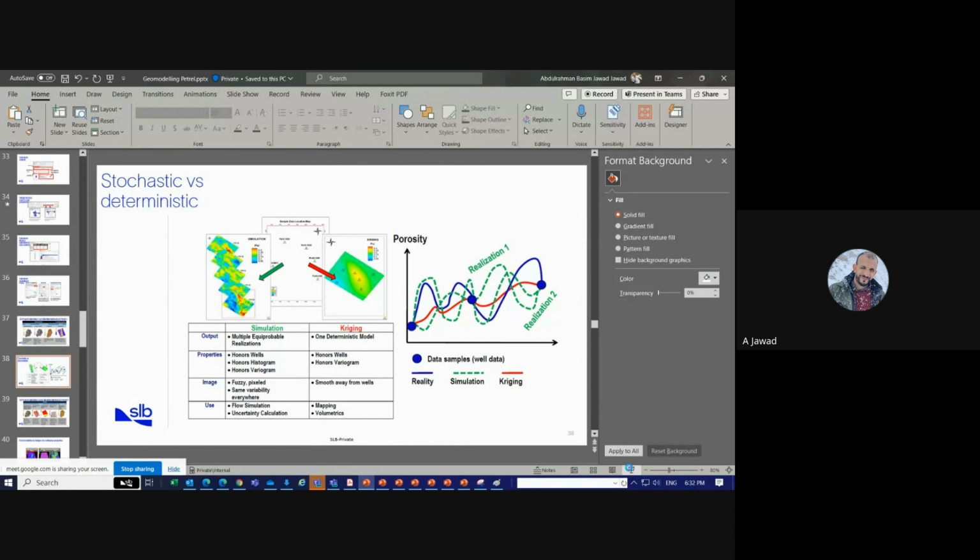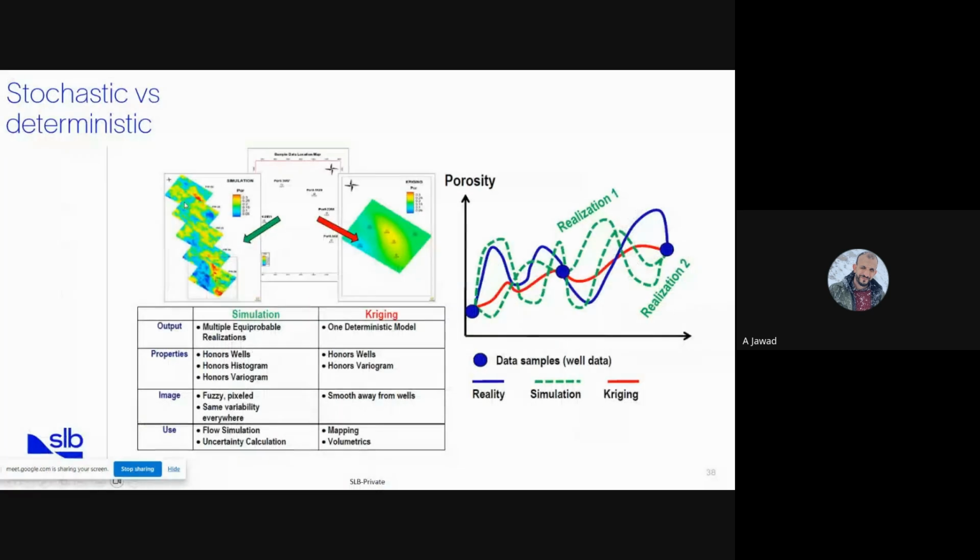Put in your mind the standard work. What we do is we are doing the stochastic, because this one will give you an idea about the uncertainty of your model. Because as I mentioned, we have different probability for different facies, or different probability for different continuous probability values. So we need to understand the uncertainty,